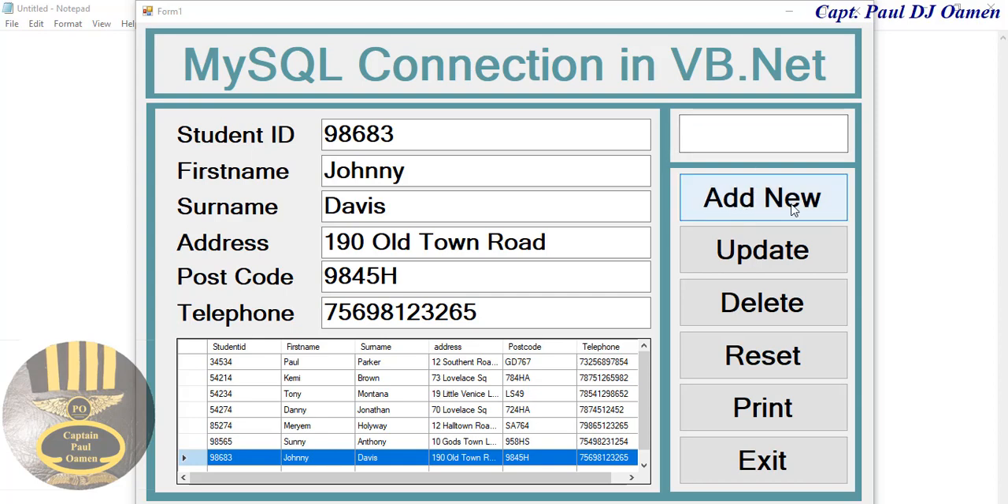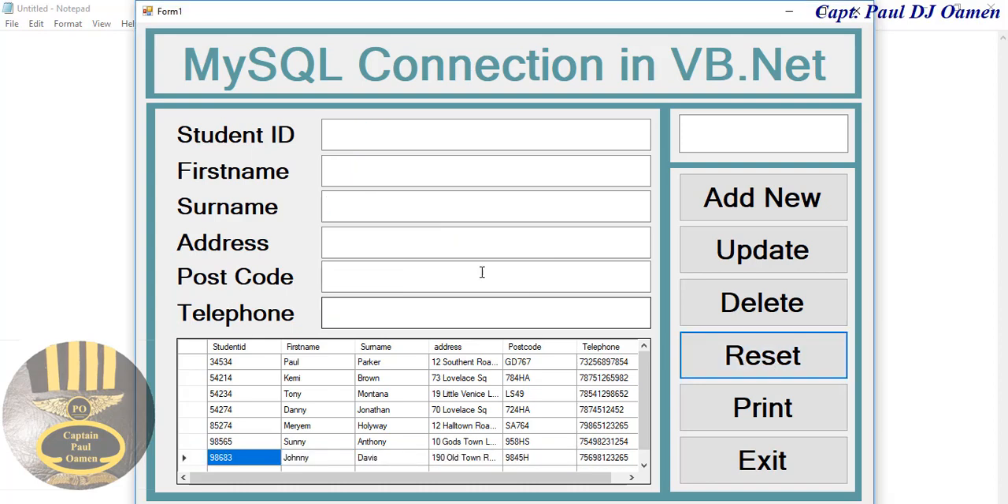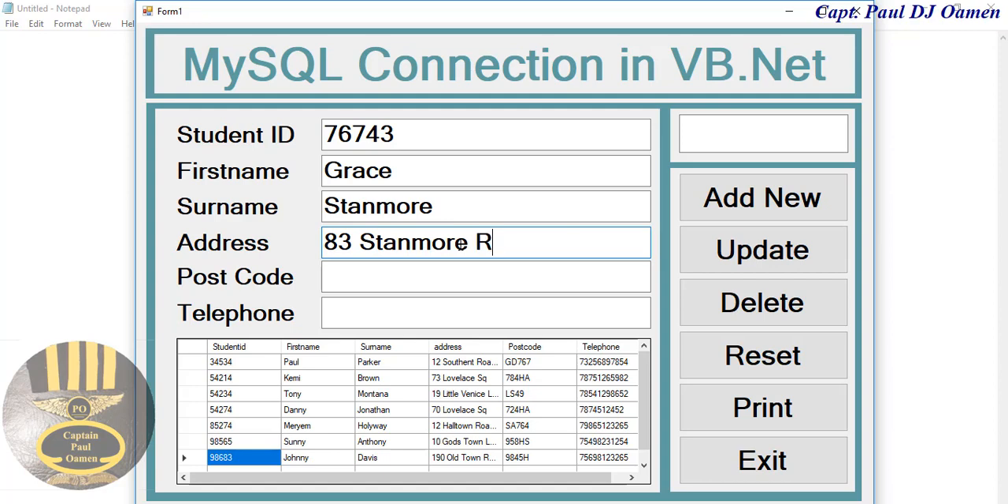We can add new data. Let's assume we want to add new data. Let's just click on reset, and right there let's enter as follows. So I'm going to make that up, and the name happens to be Grace Stanmore. Address of Stanmore, 83 Stanmore Road. There we go. And postcode,